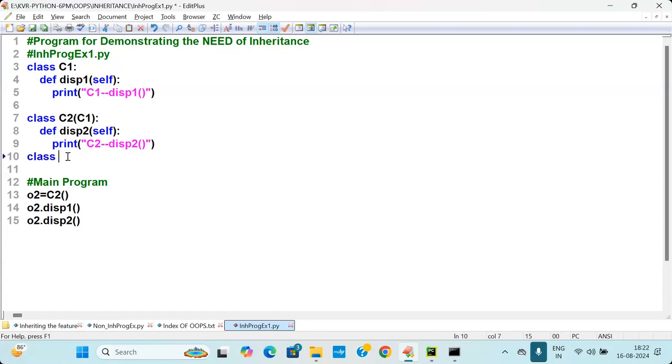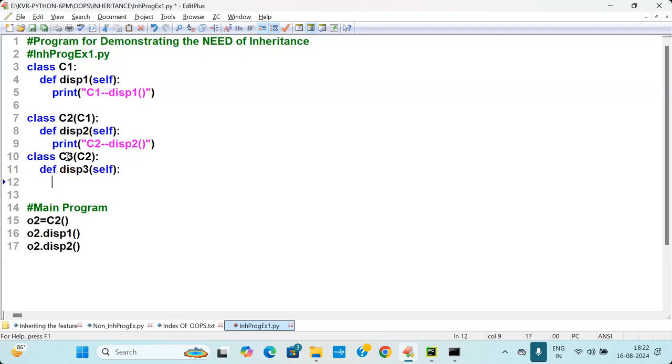Class C3 of C2, def display 3 of self, where I'm writing print of C3 display 3. Which object will I create? The bottommost class object. O3 is equal to C3 of O3 dot